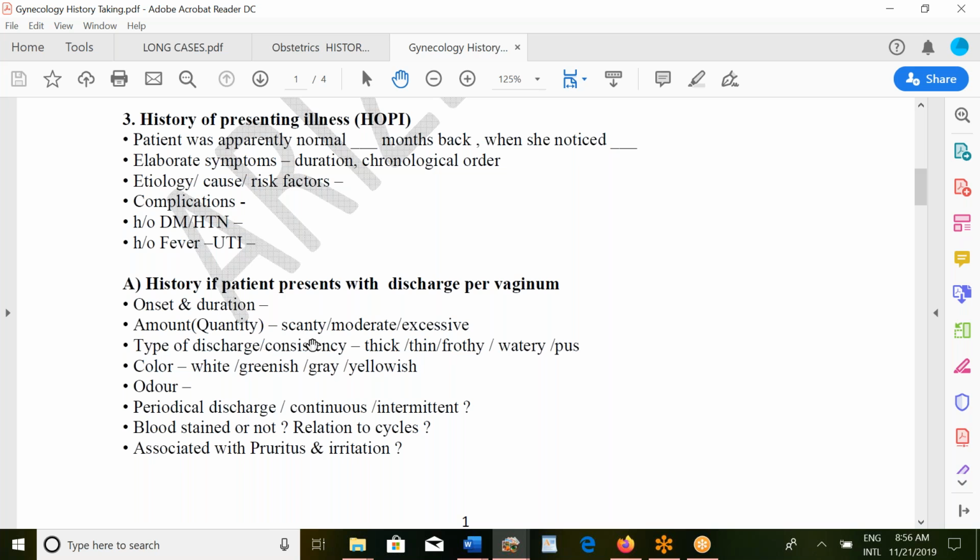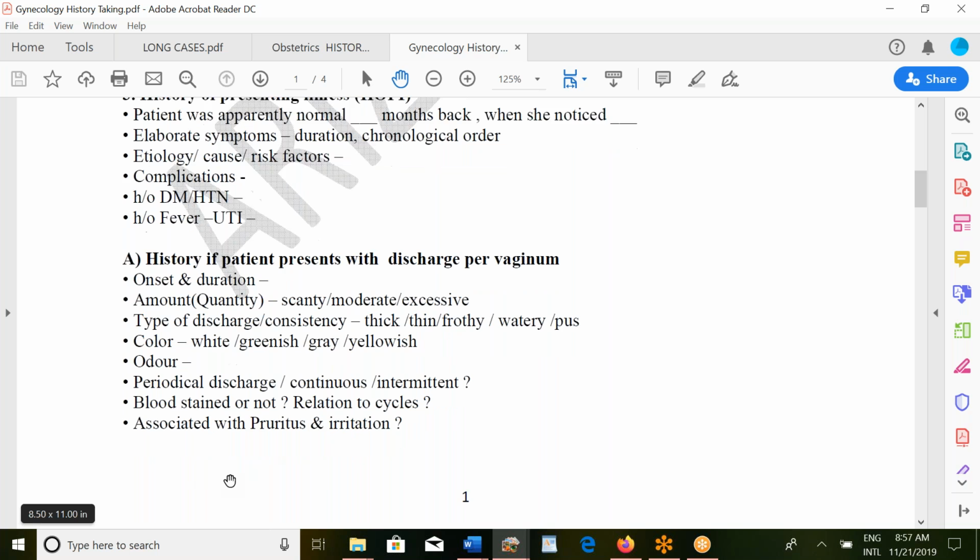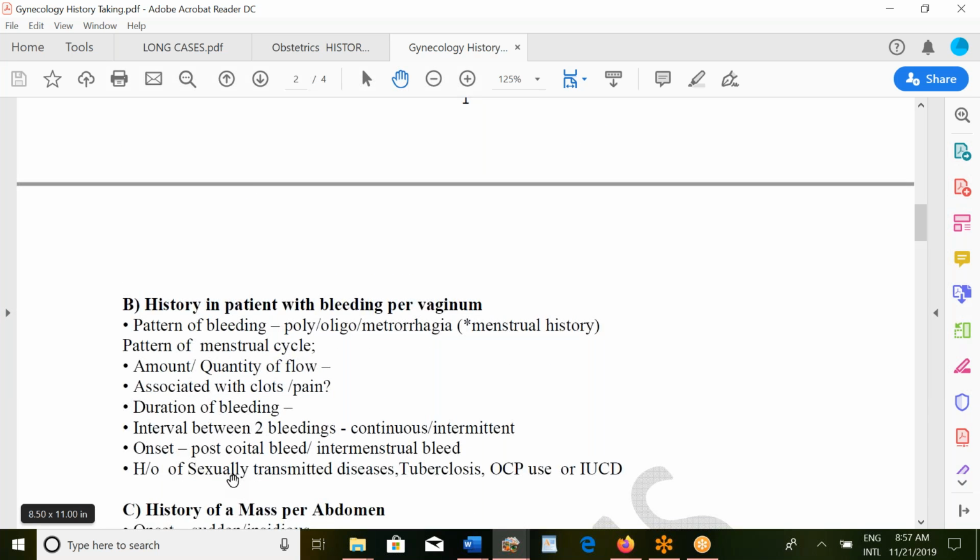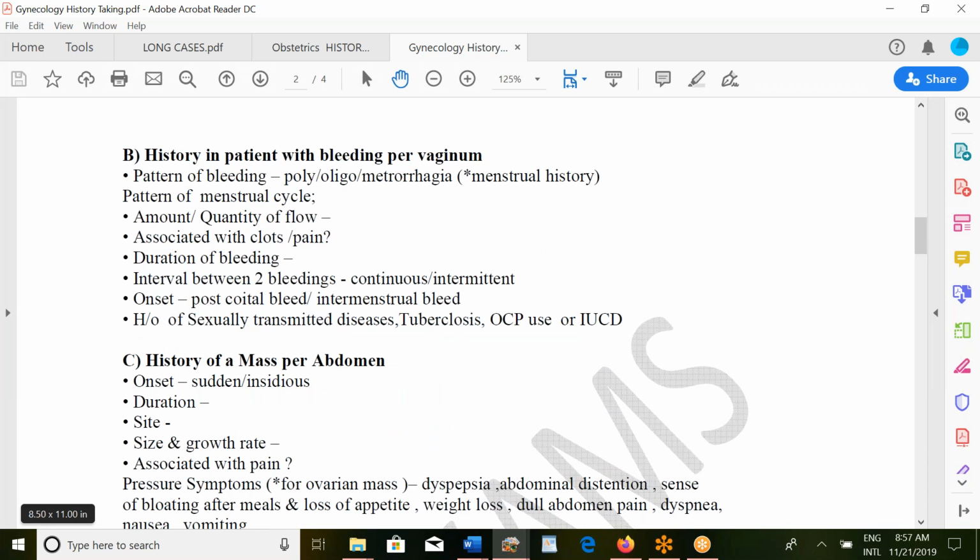Then this discharge is continuous or periodic, blood stained or not, any relation to the cycle, associated with pruritus and irritation. Then history in patient with bleeding per vaginum. Again, you need to ask her what is the pattern of the history, poly, oligo, metro, what is the menstrual history. Then pattern of the cycle, amount, quantity of flow associated with clots, pain, duration of bleeding, interval between two